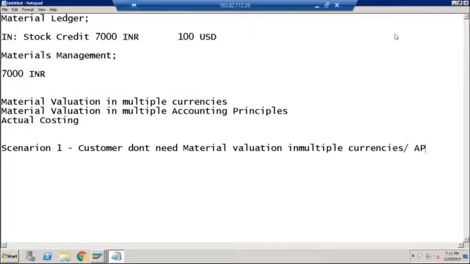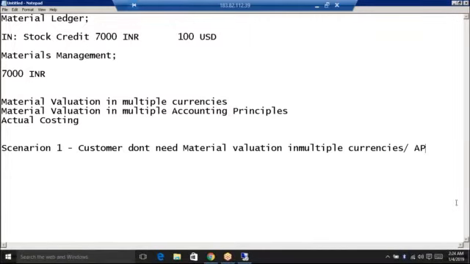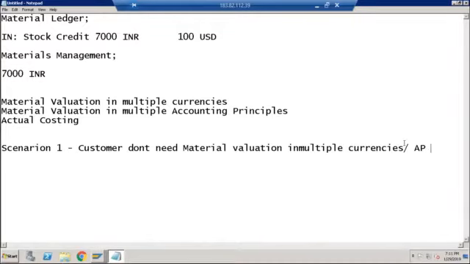Okay, customer is saying no, it is not relevant to me. There are a lot of customers who are not using material ledger functionality because they don't have this requirement of multiple currencies and multiple accounting principles. So what they will do, they will not activate material ledger. Simple, right?